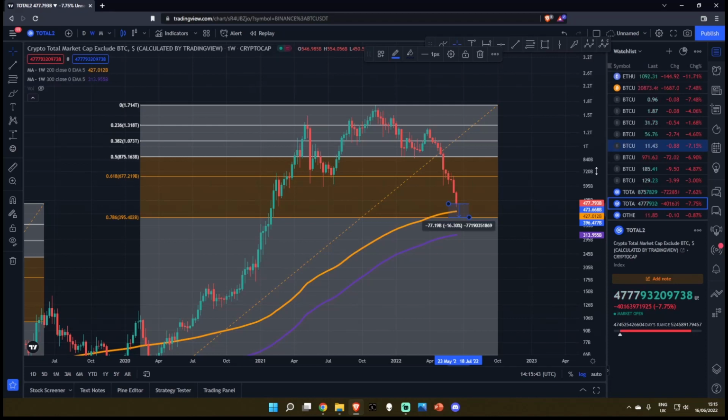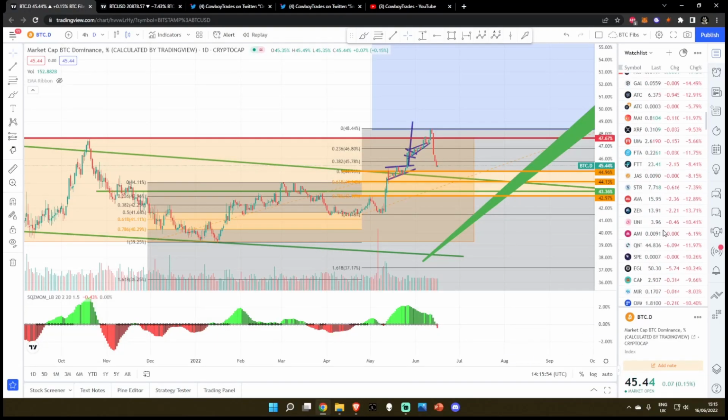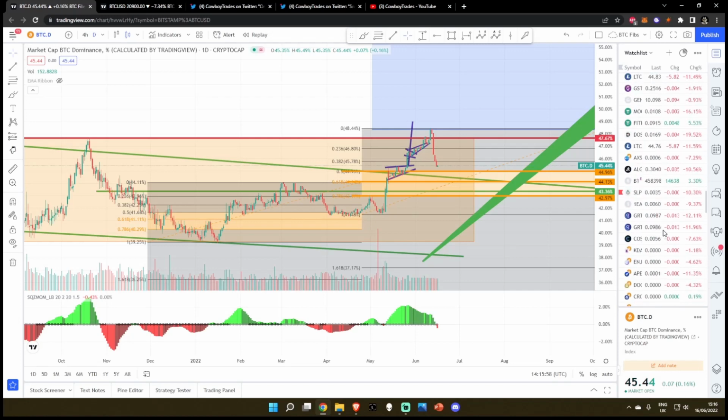And once again, I've been very busy the past couple of days, so I haven't had time to update all the altcoins. I know a ton of people in the Discord are asking me, can you update Tron, HBAR, Waves, JASMY, ELON, Doge, what are some others? FitFi, GMT, GST, Ape.